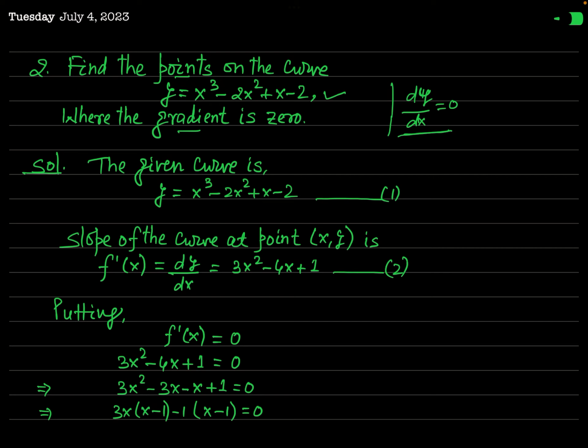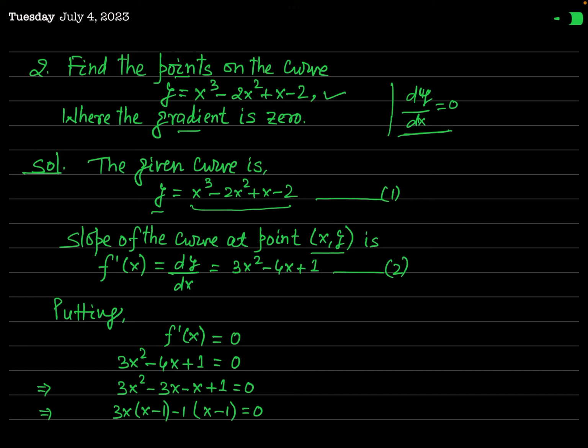You can see that the equation of the curve given in this problem is this: y equal to this much. So first of all, we should write down the equation of the curve. Now, first of all, you have to find the slope of this curve at any arbitrary point xy. It means we have to find the slope of the curve at a point whose x coordinate is x and